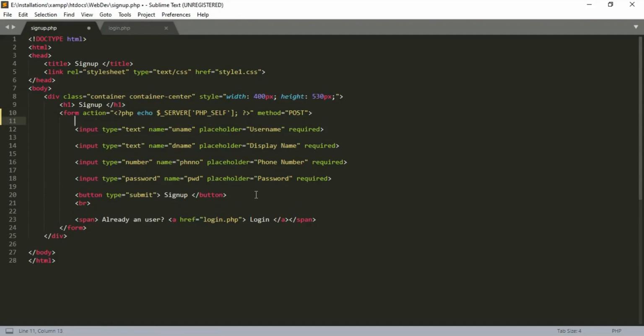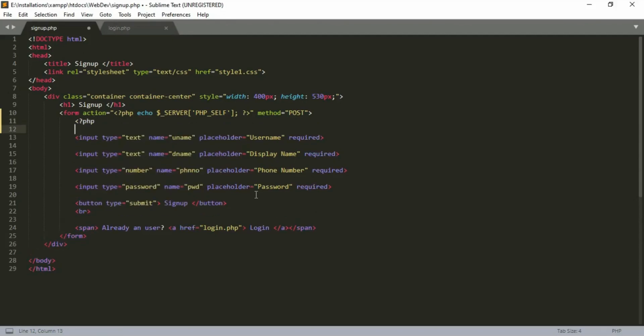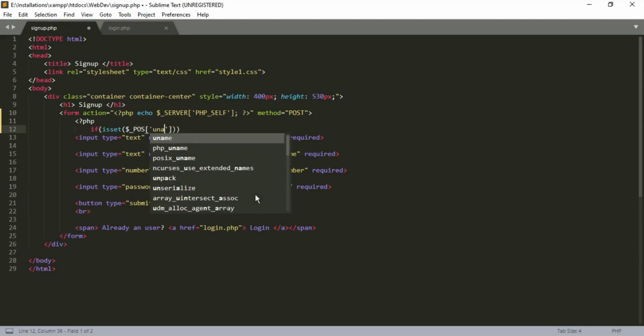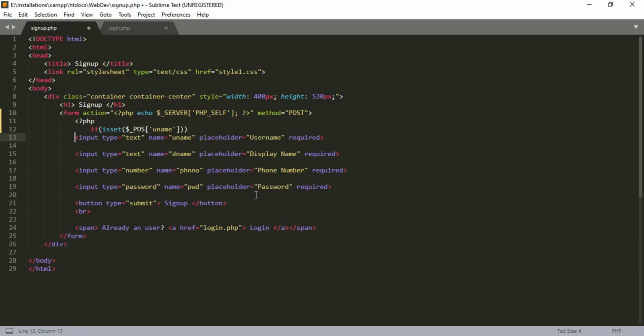Next up, in order to not lose the data while the page is refreshed, we will set the input fields to the previously received values. The page must be refreshed when the entered password is wrong. For this, we will use the isset function. If the value is set, we can retrieve it with the post superglobal.